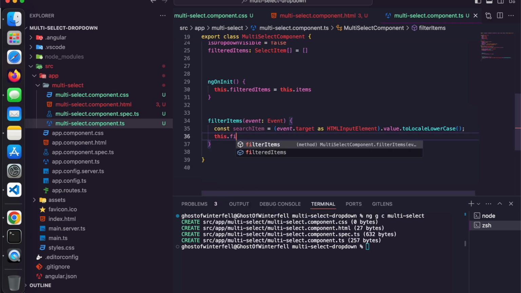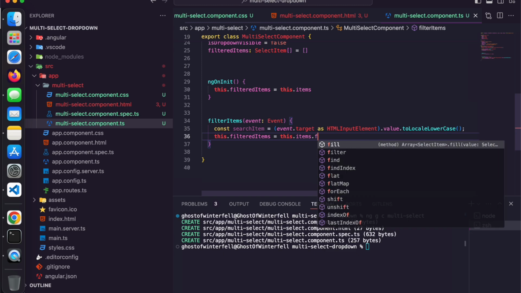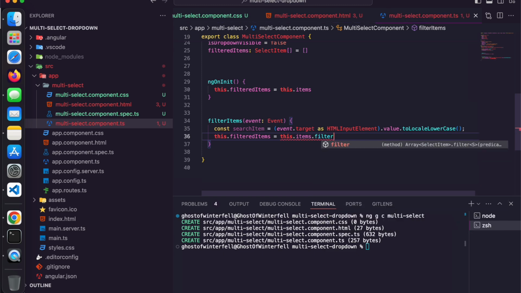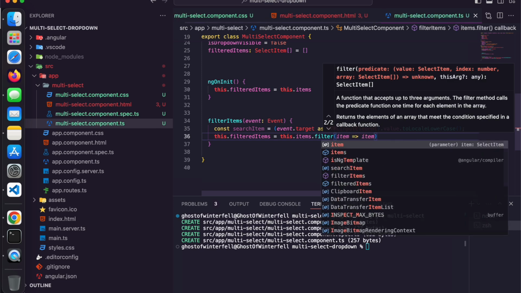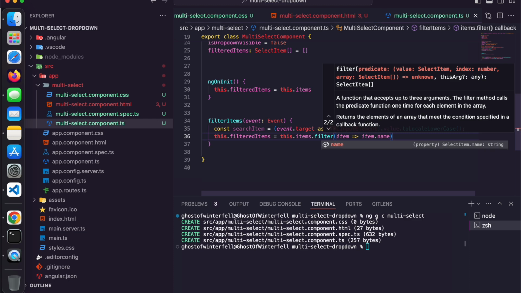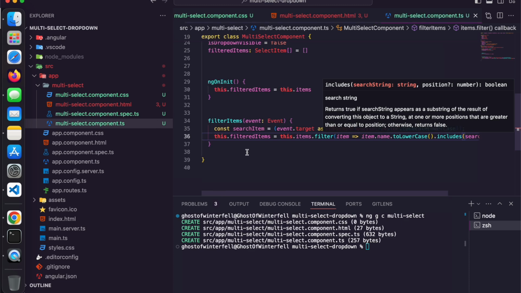Then this.filteredItems equals this.items.filter, item.name, right, .toLowerCase().includes(searchItem), like so. Okay,